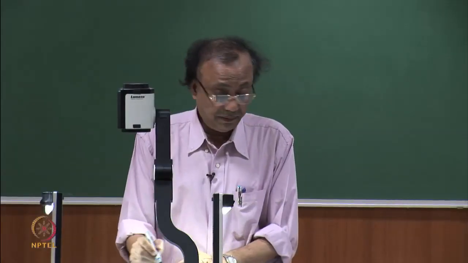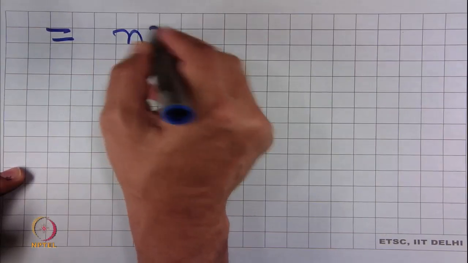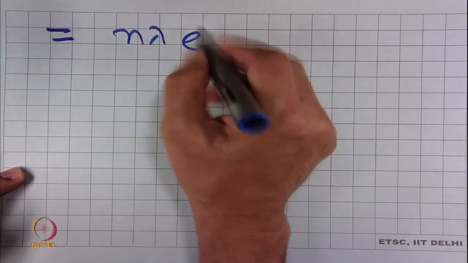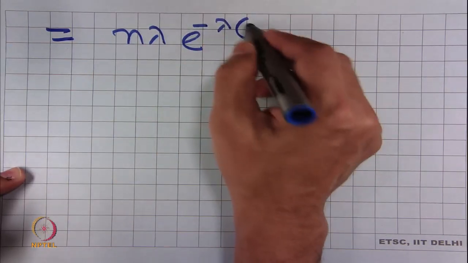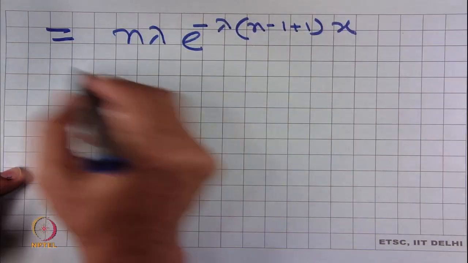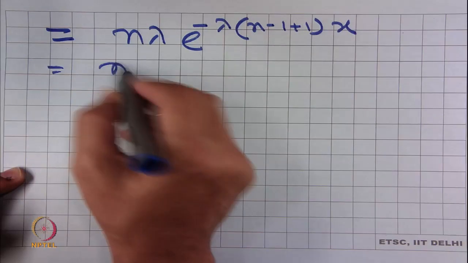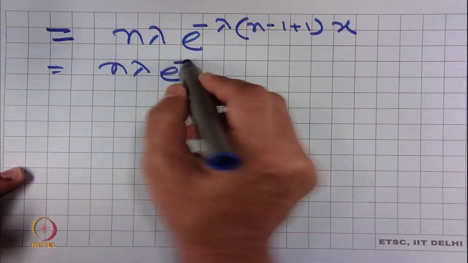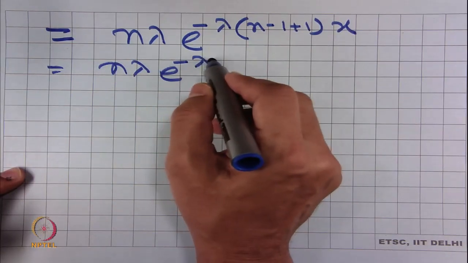This is equal to n lambda e to the power minus lambda into n minus 1 plus 1 x, which is equal to n lambda e to the power minus